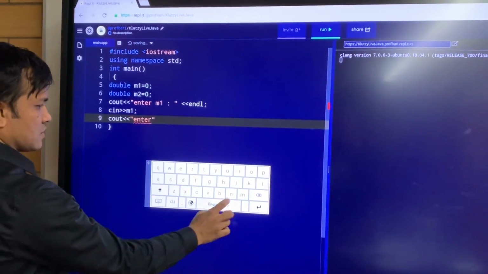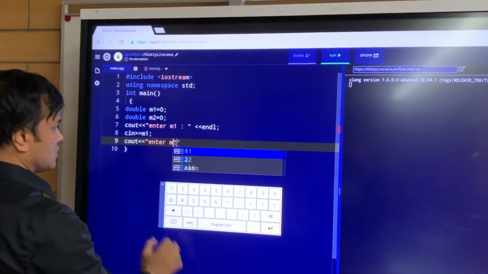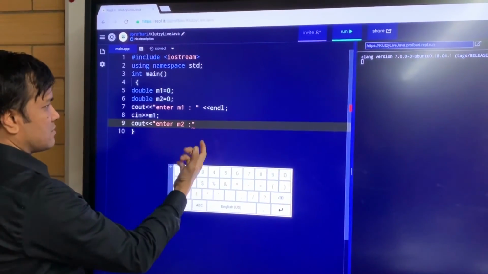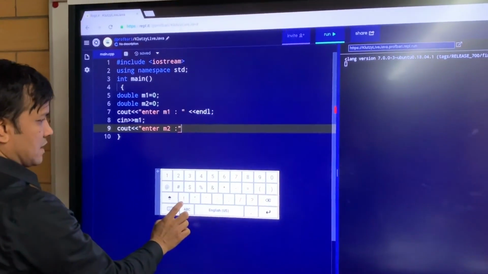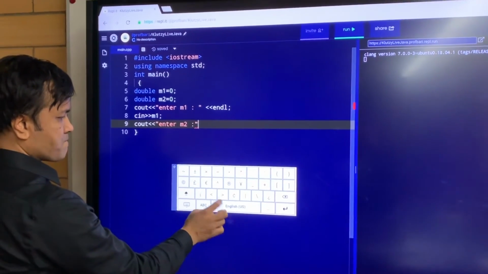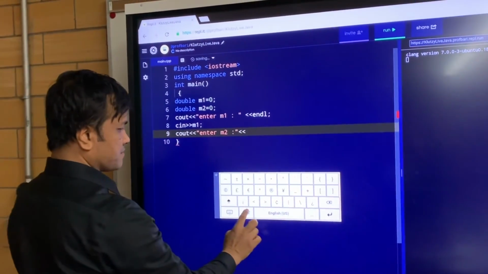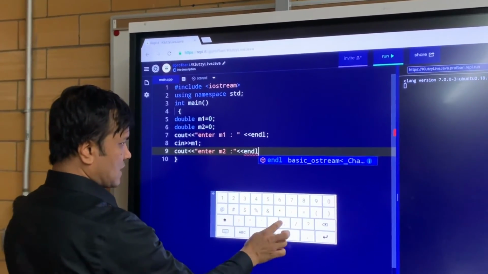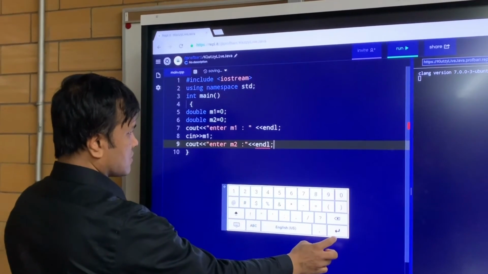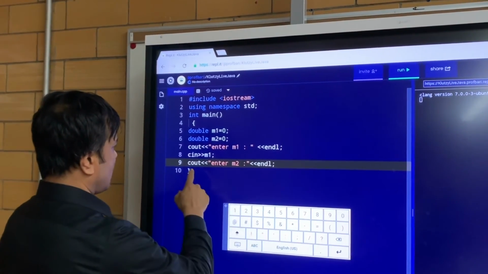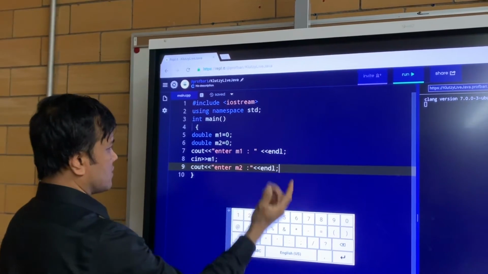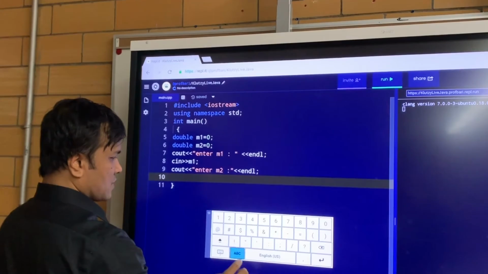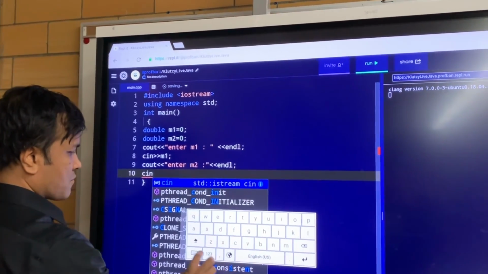Enter M2. So once I write Enter M2, and then I put the colon, and then I'm done, I'm going to write less than again, less than, and I'm going to write endl. All right, so what did I do wrong? Cout, Enter M2, no, nothing wrong. All right, so now I'm going to have to write cin for M2. So cin greater than,